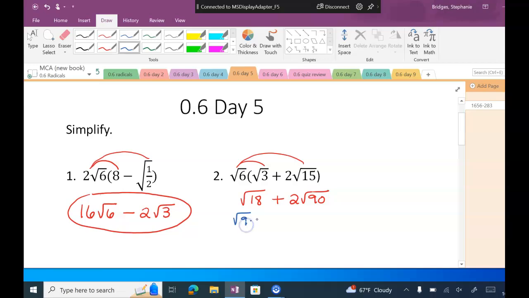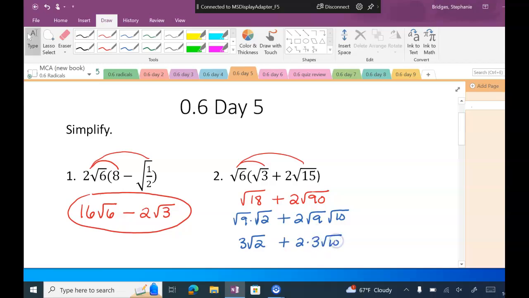We're going to do the square root of 9 times the square root of 2, which turns into 3 square roots of 2. Then we want to do the same thing with that second term. I want to try to simplify 90. It is not a perfect square. Does it have a perfect square that divides into it? 9 times 10. So we're going to leave the 2 for now. We're going to split that up into the square root of 9 times the square root of 10. Leave the 2. The square root of 9 turns to